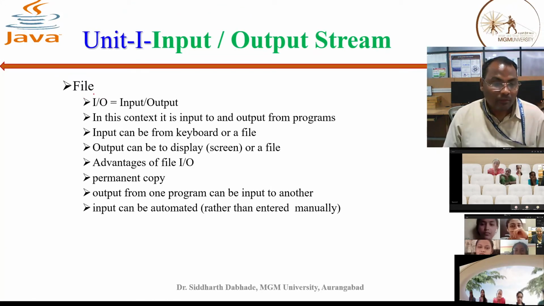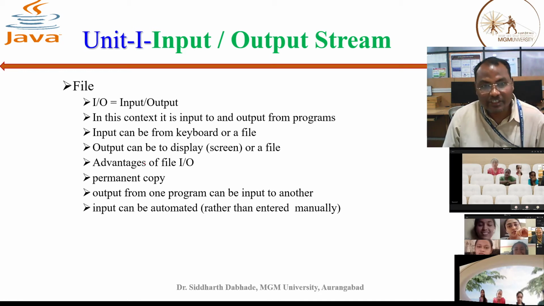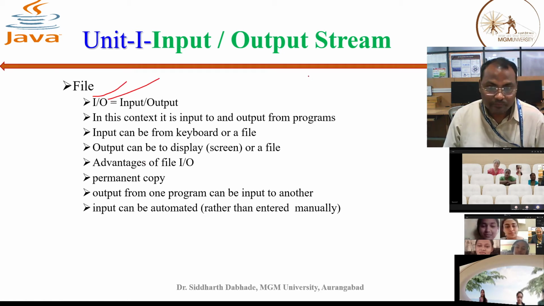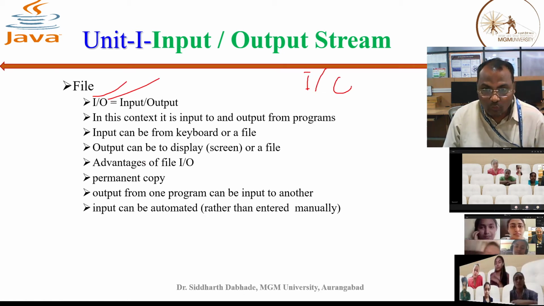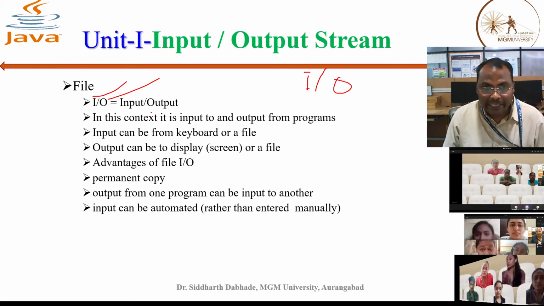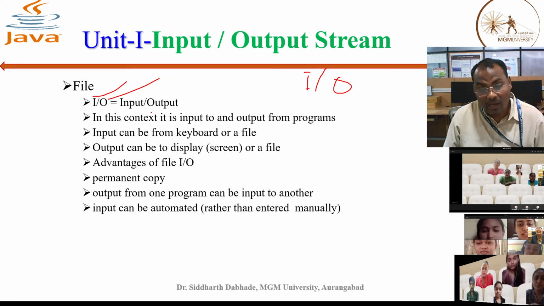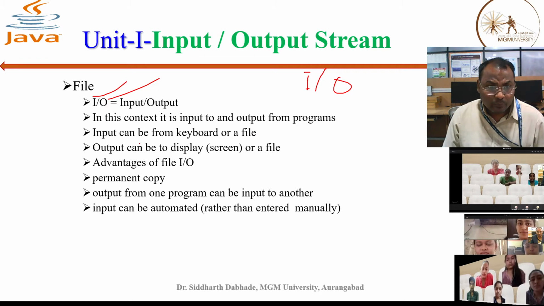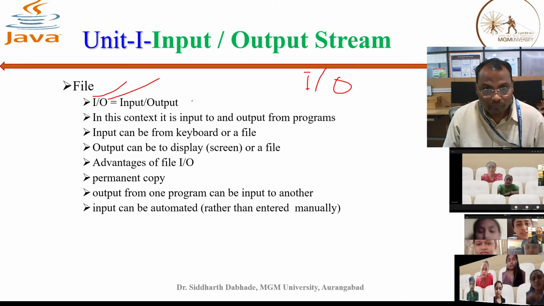Now you know file, input, output. In this context, it is input and output from a program. IO: we write I for input and O for output. Sometimes we can take a file as an input, sometimes we can create that file as an output. We'll see the example. Input can be from